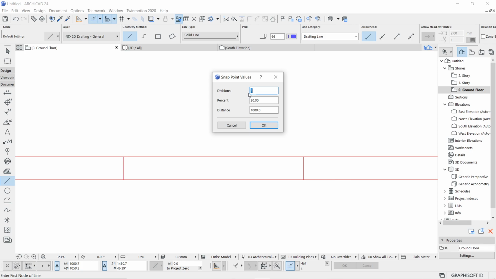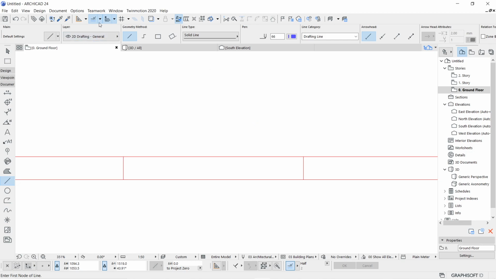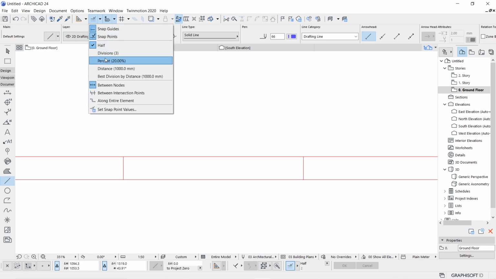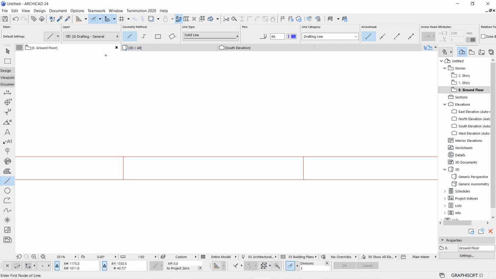So, for example, if I put 5, what will happen? There will be a total of 5 divisions. Getting the point? Okay. So, I'll use the 3 divisions, which was earlier, and we'll see how it works. I'll keep the 3 as it is and say okay. And make sure you have selected this combination, which is also an important thing. Now if I touch this line, you will see 3 divisions. Got the point? So 2 blips, and the segment was divided into 3 portions.